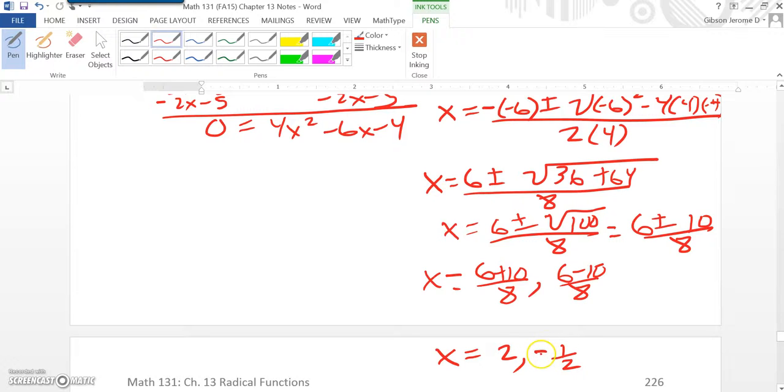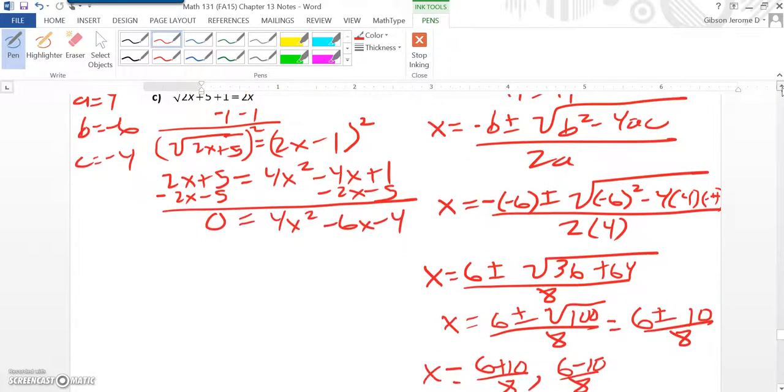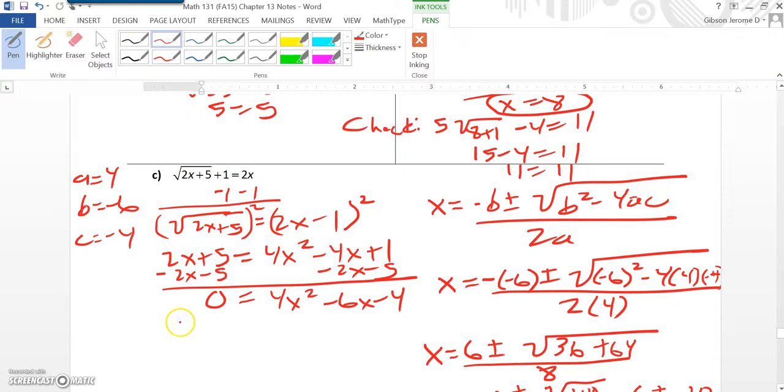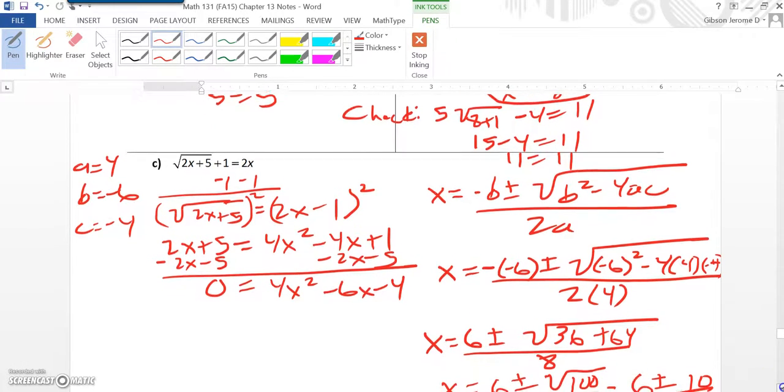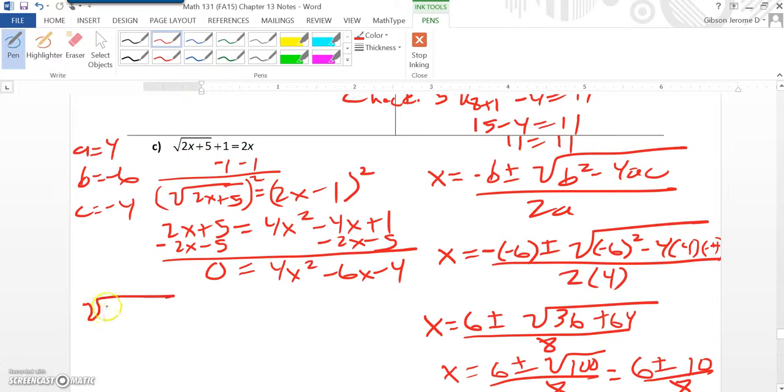So now what we want to do is take these two solutions and substitute them back into the original equation. So the first thing, let's do the negative 1/2. So we have square root of 2 times negative 1/2 plus 5, plus 1 on the outside is equal to 2 times a negative 1/2. Now, when we multiply this here, 2 times a negative 1/2 is negative 1, plus 5,